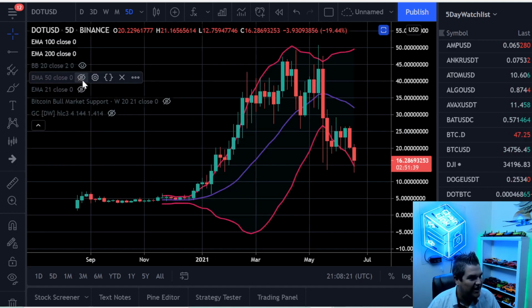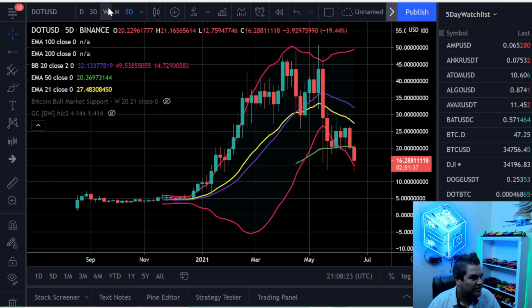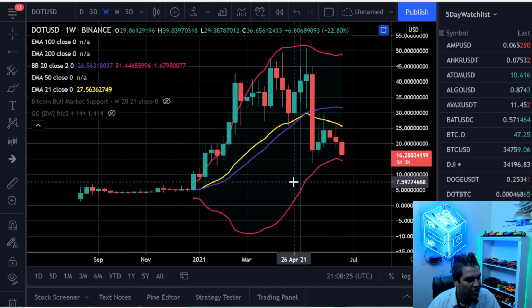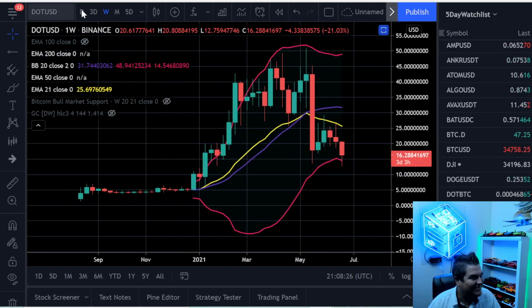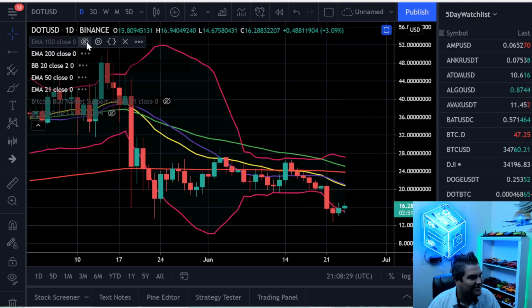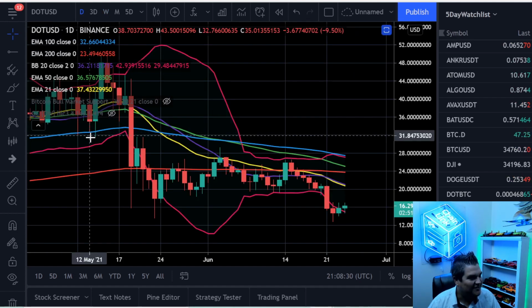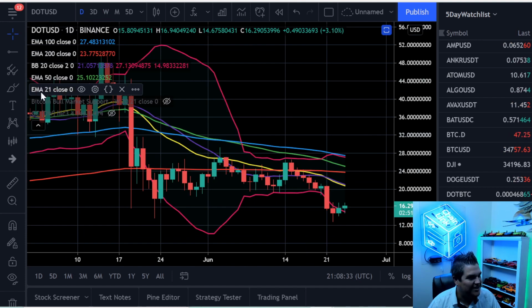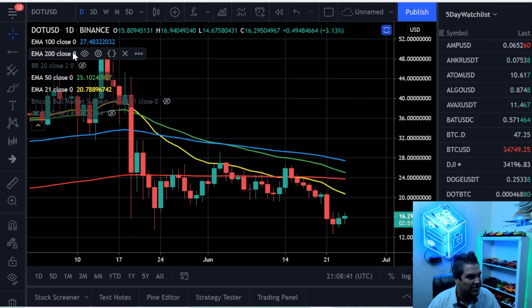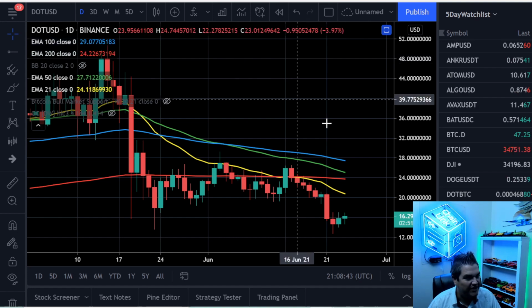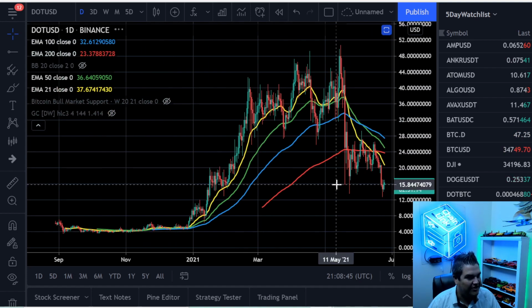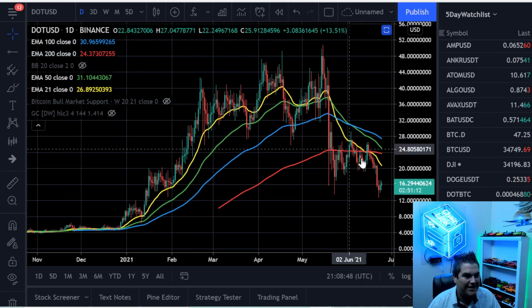Let's put some on and see if we got anything hidden. Let's put on the weekly, see if we got anything showing. I like how none of my clicks actually worked. There we go. Okay, now you can see. Now EMA is exponential moving average. That's 21 days, 50 days. That's the Bollinger Bands. We could cut those off, it gets too busy with all this. 200 day, 100 day. So you can see we're well under those, but they're not going to come in super